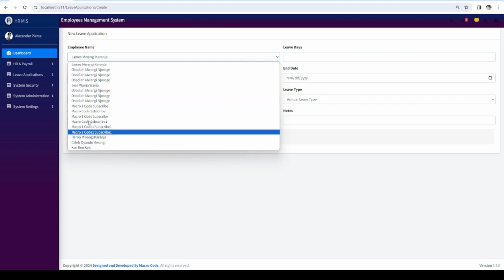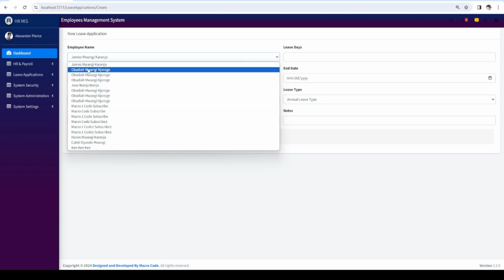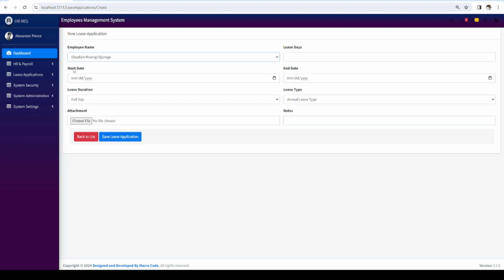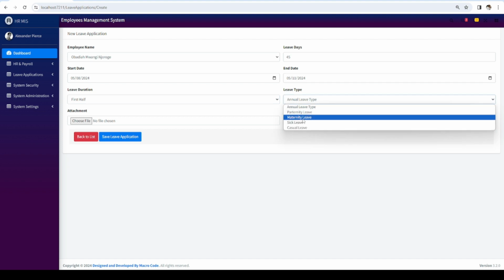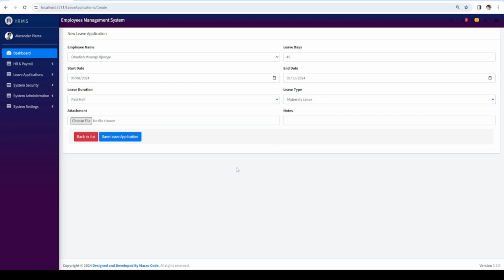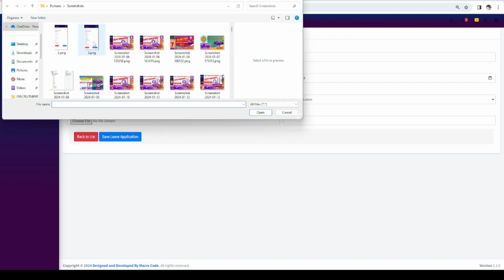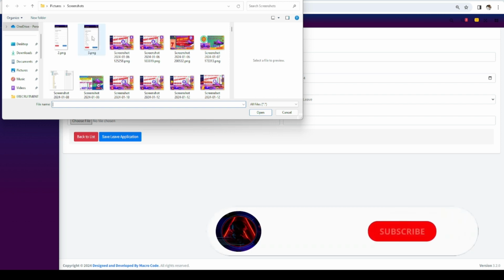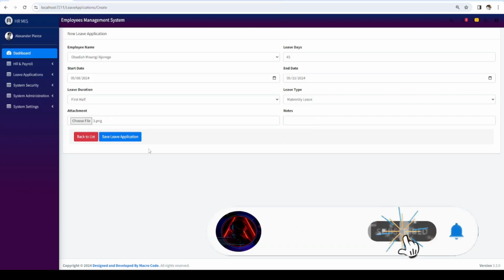I think that means we need to change how we are checking that. We need to see the person who is actually sending the leave application. So I'll put in the date. This is not yet validated, so don't worry, we'll be doing that in our next video. So I'm going to choose my document. You can see I have some screenshots here. So if I click save,